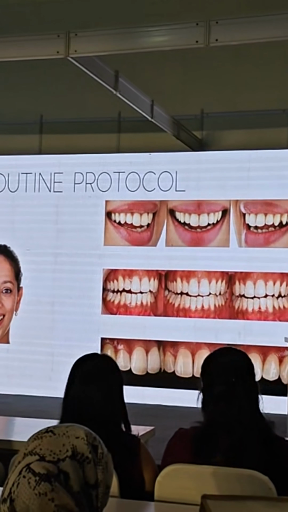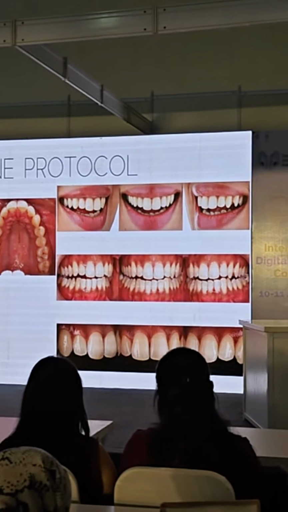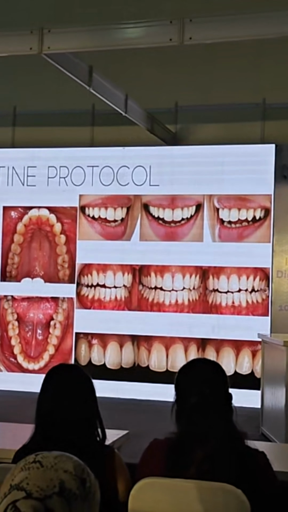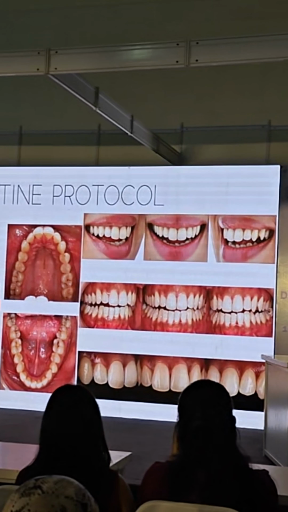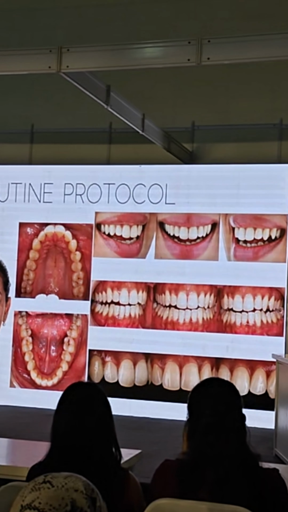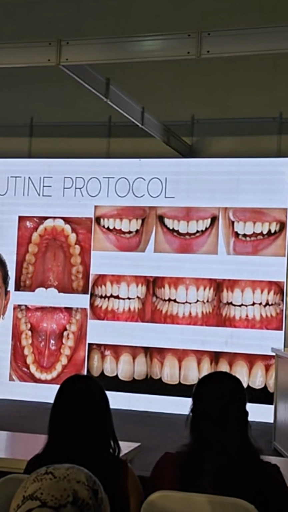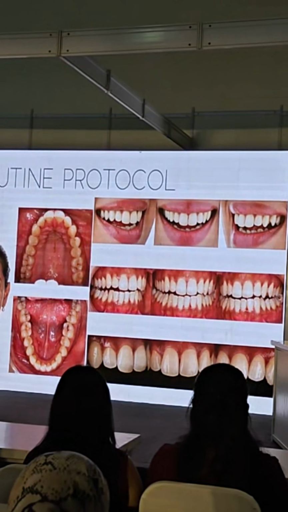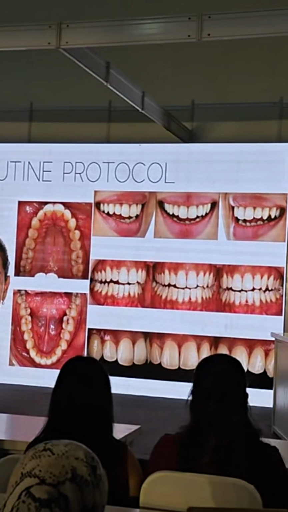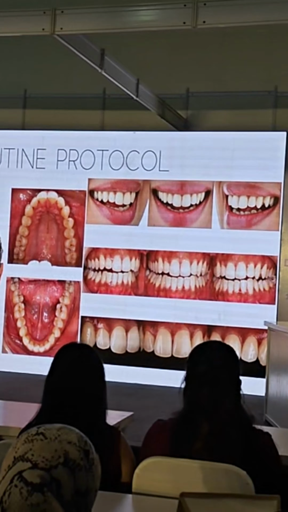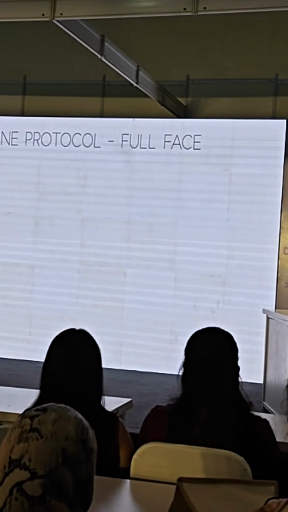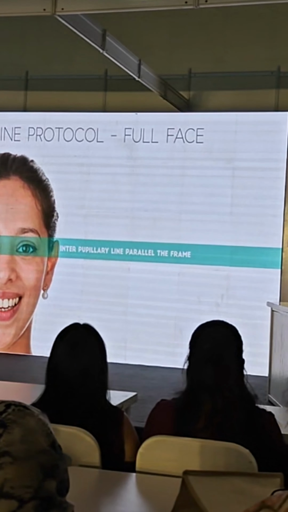I'm sure everybody must be documenting it, but this is what it looks like. This is the set of complete 12 pictures that you need to document for any anterior aesthetic case. But it will not help you with digital smile designing cases. For digital smile designing cases, you need to record a couple of extra pictures, which you also cover, right? But yeah, the basic 12 set. So yeah, this is the routine protocol.